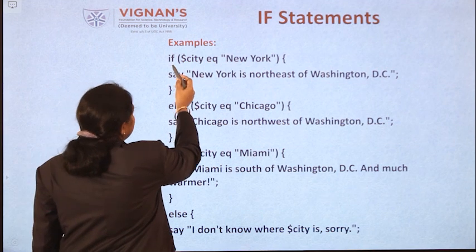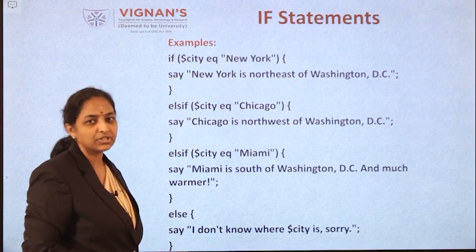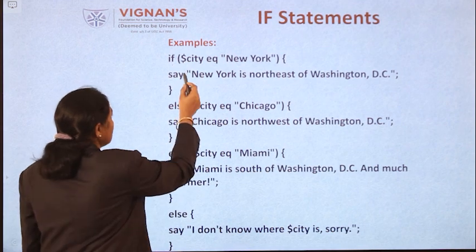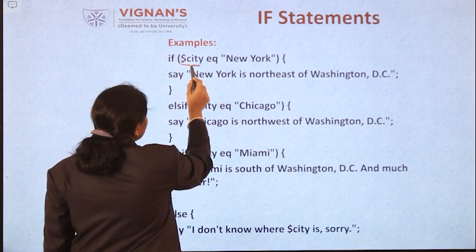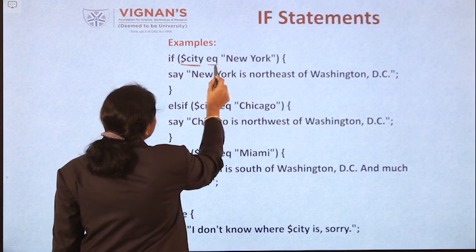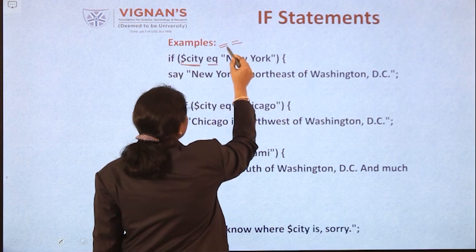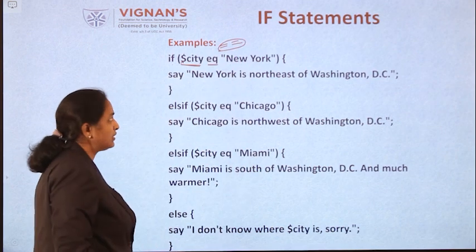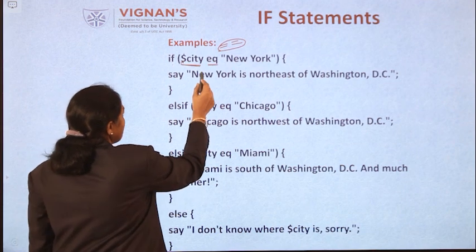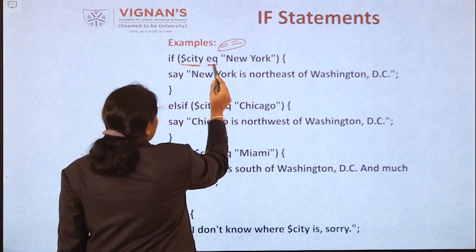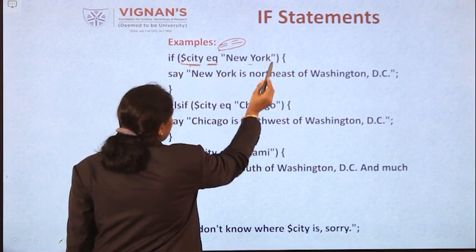Now see, in the if condition, as you already know, the dollar symbol represents a scalar variable. So the variable is nothing but city. This is a string, that's why we will use the string equality operator. If it is an integer, then you can use the other operator. But on string data we are verifying, that is the reason you have to use the operator eq. If the variable city is equal to New York,